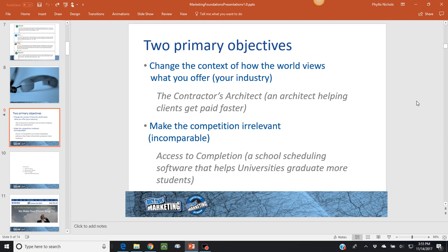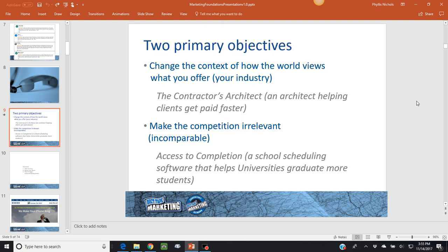And all of a sudden now, this architectural firm's competition is very irrelevant, right? They probably don't even have to compete on price a whole lot because they use this in their marketing extensively now: we basically help you get paid faster. We're going to make this entire project go much more smoothly because our plans are going to be right the first time. They're going to get approved right off the bat. You're going to be able to start your project, complete your project, get everything finished, signed off on, and get paid much more quickly than if you work with anybody else. So, I think that's a very powerful example.